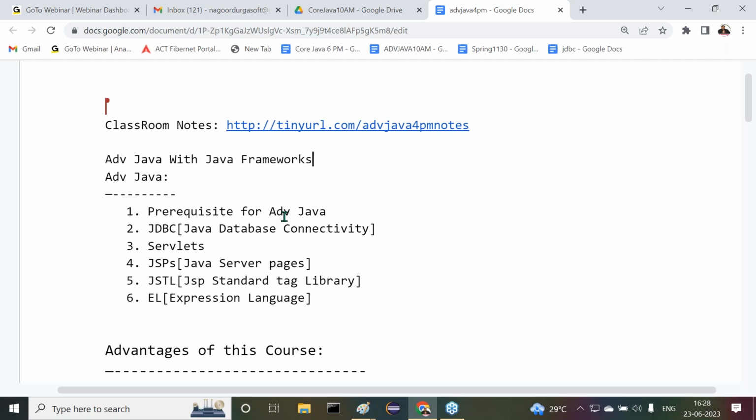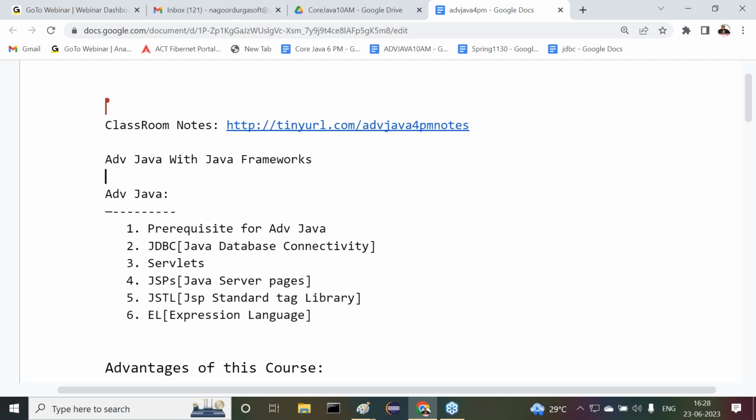Understand it now. Those who are in only the basic package, advanced Java is the final content for you. But those who are in the complete Java package, the full stack Java package, in a Java set, what exactly is the content we are going to see? Or if any of you are coming for the course advanced Java with frameworks, the content is like this.